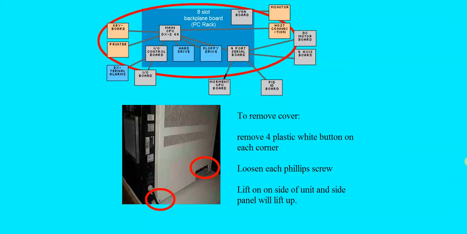Just as a reminder, to get to the PC rack, you pry off the 4 little buttons in each corner, unscrew the screw, and the side of the unit goes straight up and is removable. After that, there's 4 screws that go into a steel plate, which removes that steel plate, which gives you access to the PC rack. From there, remove 4 screws, you'll have access to all the components within the PC rack,